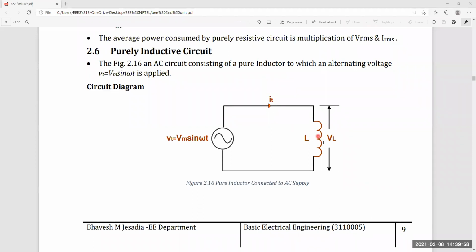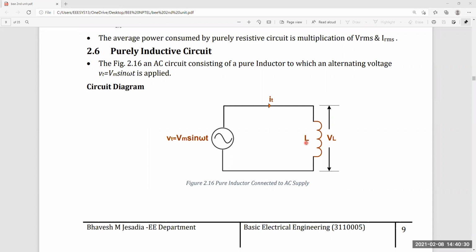That's why the inductor opposes sudden changes in current. Understood? That's why current lags the voltage; otherwise, voltage leads the current by some angle phi. But across the resistor, voltage and current are in phase, because a resistor is not an energy storage device. It does not oppose sudden changes in voltage or current, it just dissipates the energy in the form of heat.